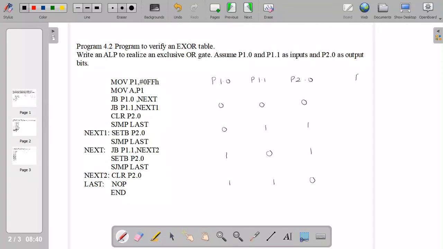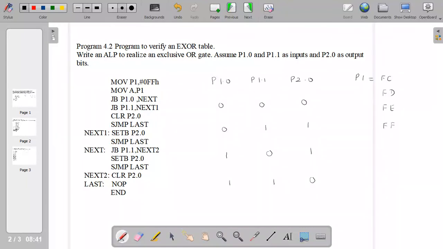So port 1 will be loaded with the values FC, FD, FE and FF for the 4 combinations, and then the content of port 1 is loaded to the accumulator, and we check the bits in port 1's D0 and D1.